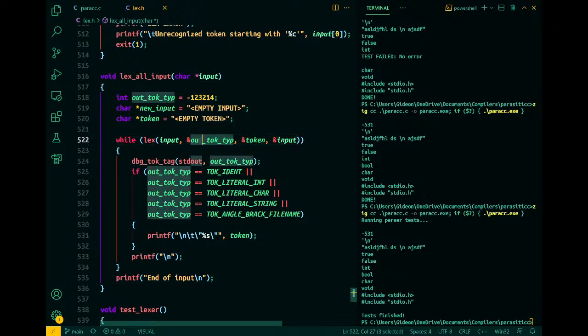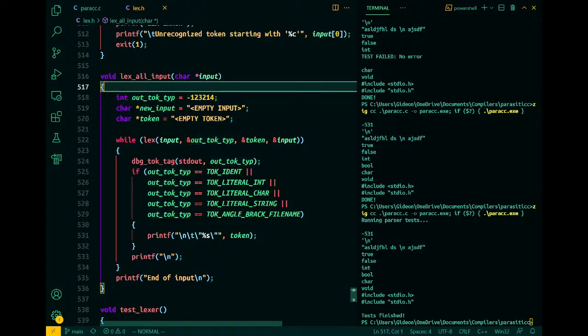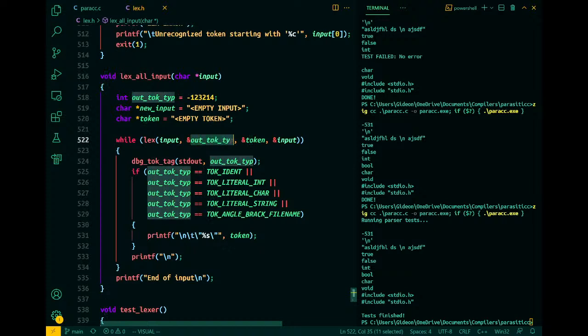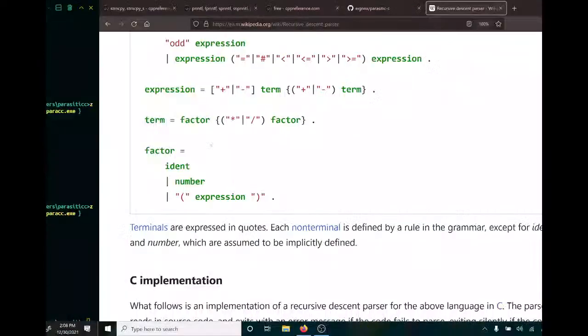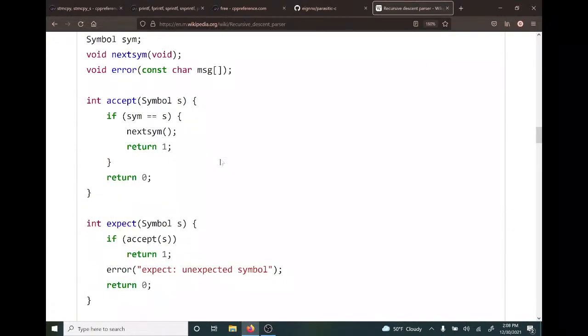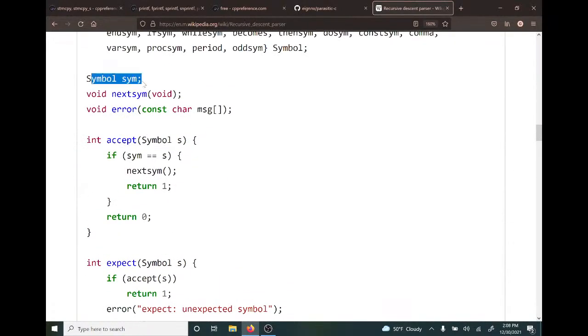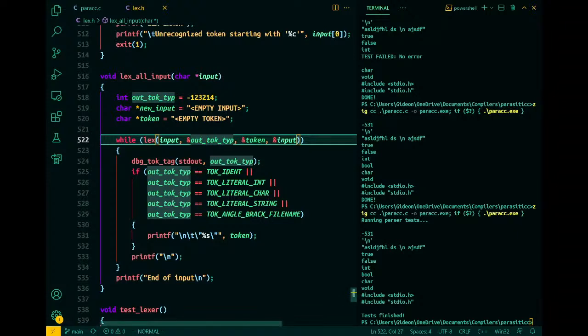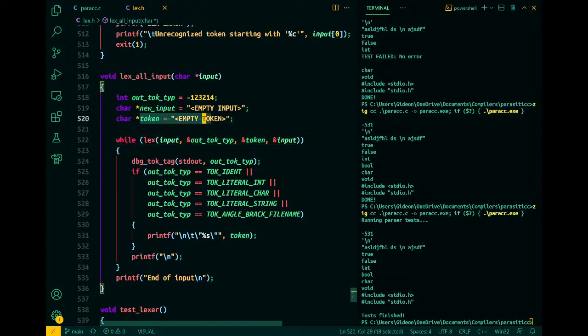So this variable here, which I've initialized as garbage, this is analogous to sim in this example. Over here, this is like sim. Token is like some extra information. It's the string representation of the token that we're looking at,